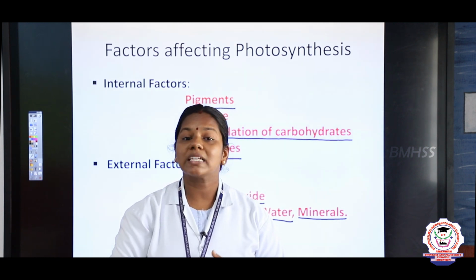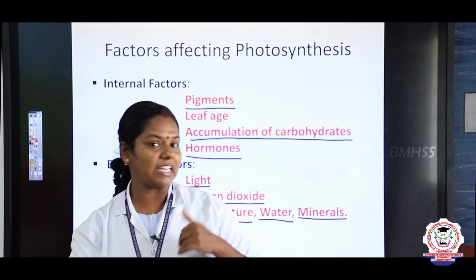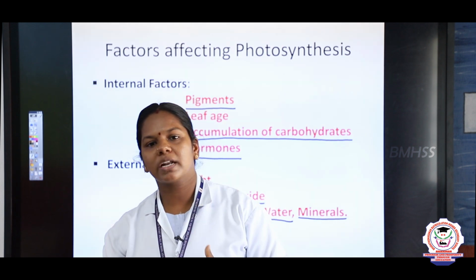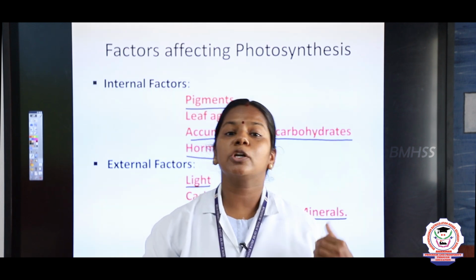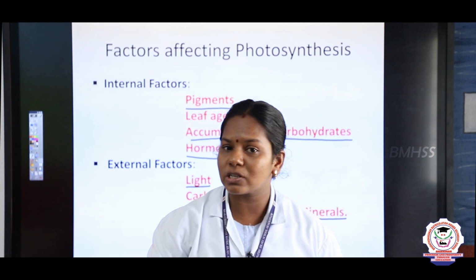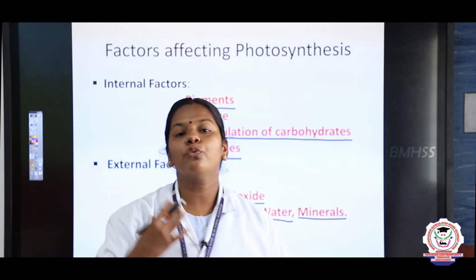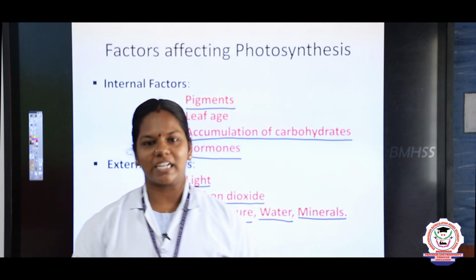So children, this session comes to an end. With this we have attached the study material, question bank and the assessment question paper for this topic. So go through it. Parents, help your children to practice the diagrams. It's an important topic which will help you in your higher classes also, children. So study well. Take a self-assessment to know how far you understood the topic. Thank you, children. Have a nice day.